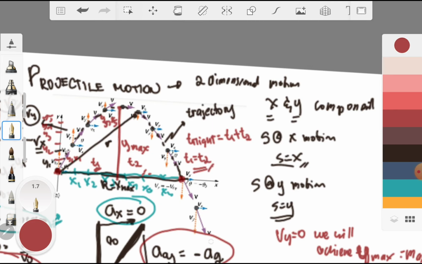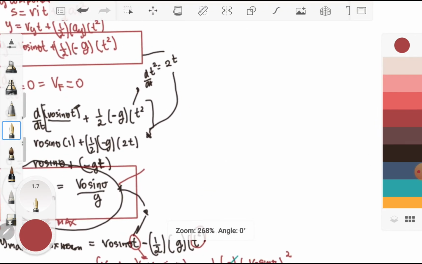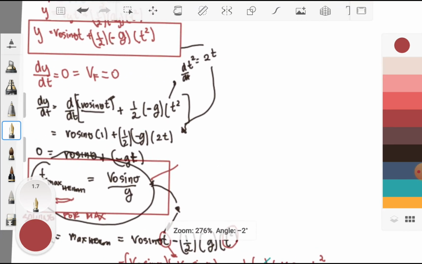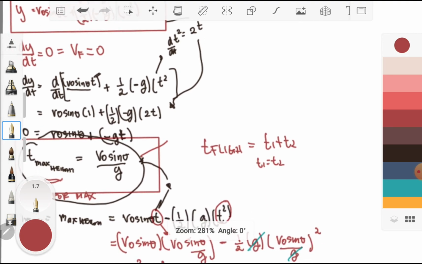So, since T1 is equal to T2, therefore, I may say that my T flight is equal to T1 plus T2. Since T1 is equal to T2 in a symmetrical projectile, (if it is not symmetrical, it is different), so therefore, I may say that we have T1 plus T2, so 2T1, so T flight